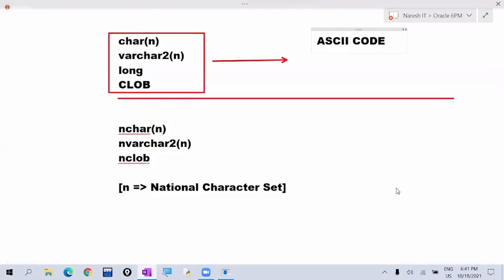These are called ASCII code data types. Internally for every character, it will take ASCII code. ASCII stands for American Standard Code for Information Interchange. Most of you already know.